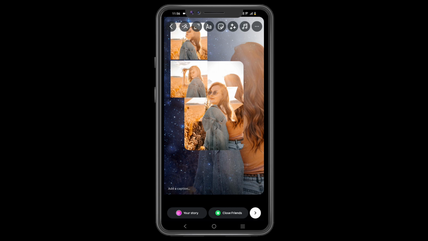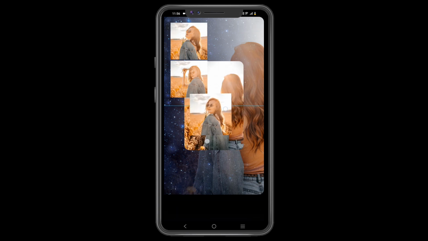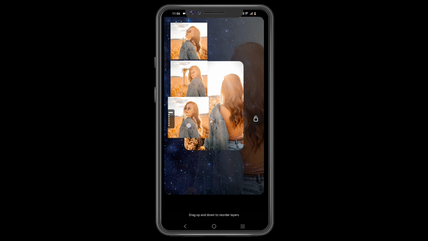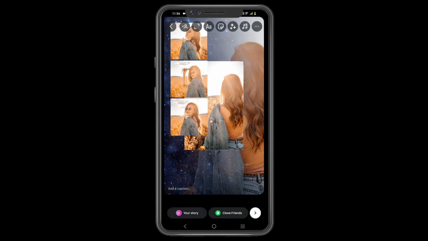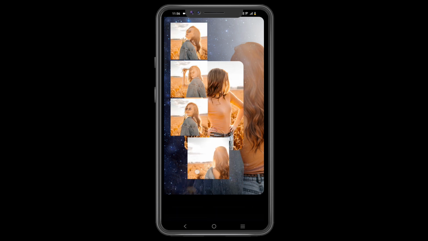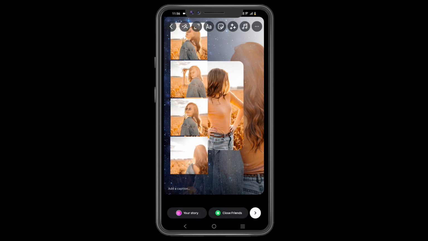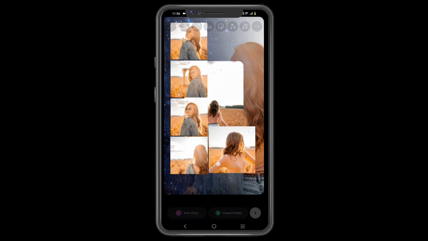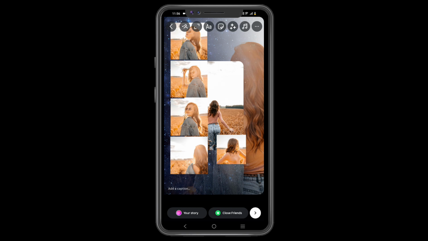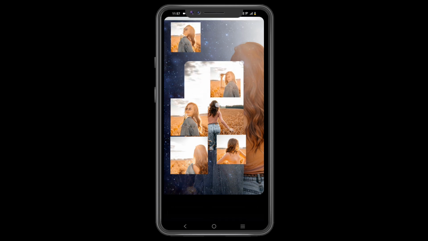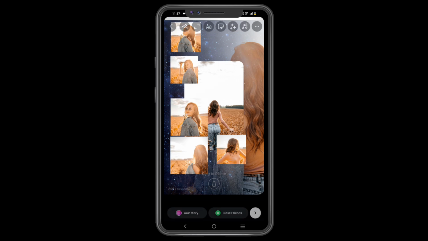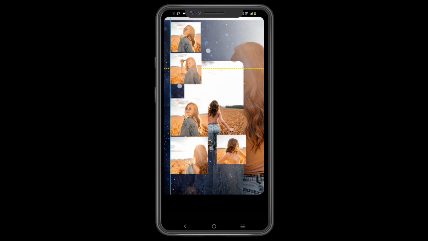Once you are done with that, adjust all the pictures at the corners. Once you choose your pictures, open the editor mode and add a simple white or pastel border to give the Polaroid effect. So what I did, I selected multiple pictures and used them as a layout in the corner of the Instagram story and just organized them.